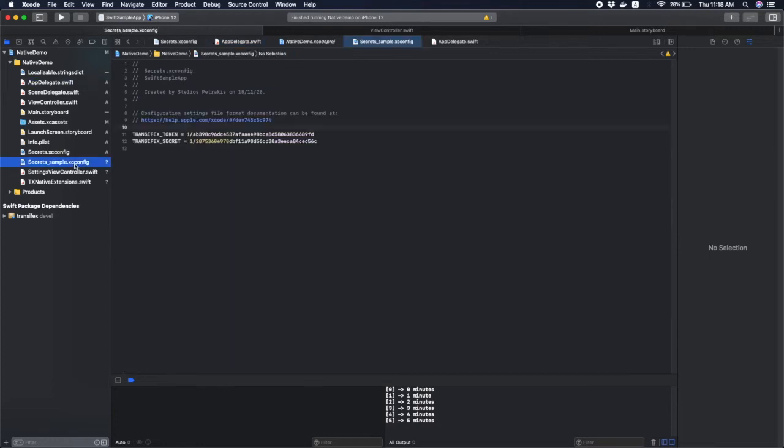They look something like this. It's a token and a secret, and the SDK uses them in order to pull strings, to pull the translations from Transifex, or to push the source strings from your project, from the iOS project, to Transifex, so that the